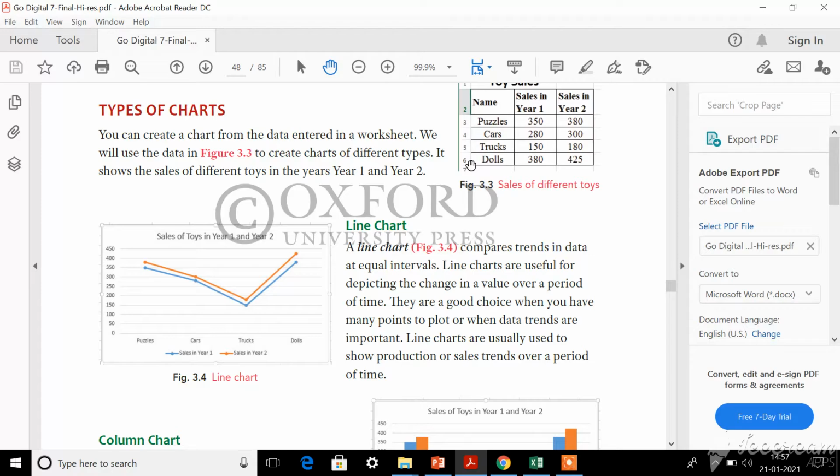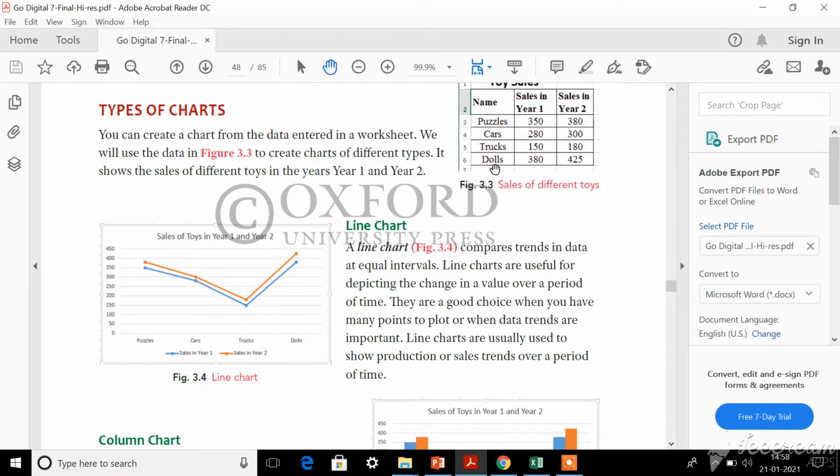Okay, first let me tell you what are the different kinds of charts available. The first kind of chart is the line chart. Can you see this figure 3.4? This is how a line chart will look. I'll show you how to create a line chart, but you have a separate topic for creating charts, where I'll give a detailed explanation. In this topic, in order to show you practically, I'll create it faster, just to give an overview of a chart in an Excel worksheet.